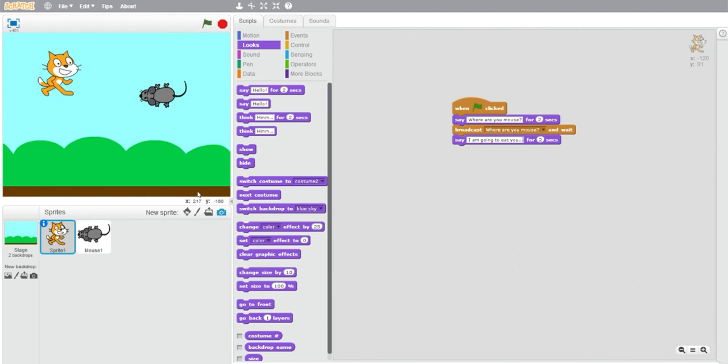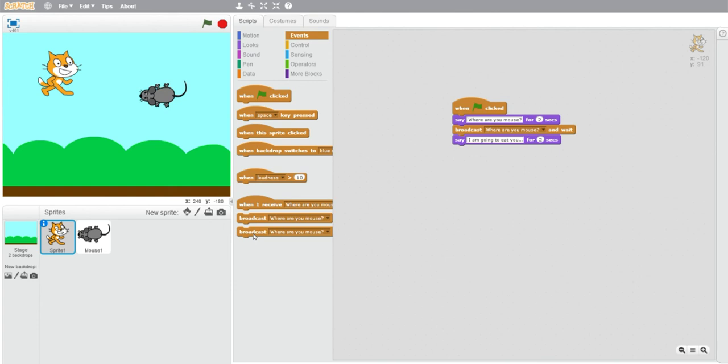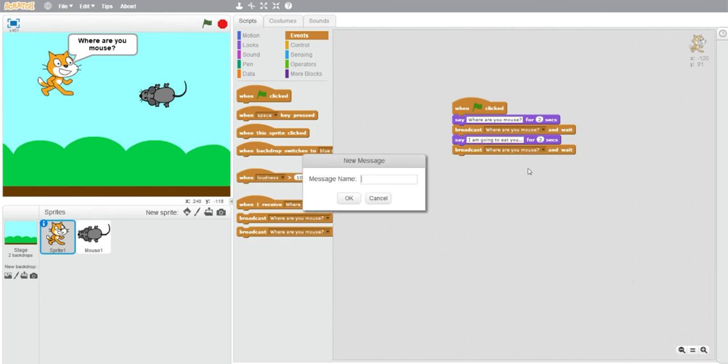So this also should be broadcast and wait. Now what should be the message? It should be I am going to eat you. Control C for copy and here use Control V for paste. Your dialogue should not be mismatched. It should be completely the same. The same message it is saying, the same message should be broadcasted.